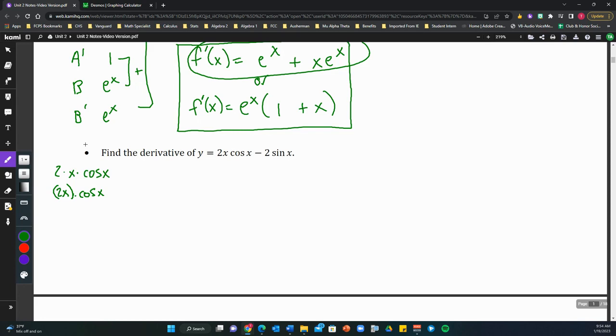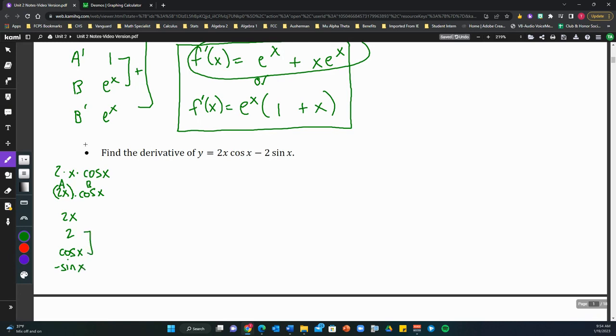So instead of x and cosine and then also multiplied by 2, we're just going to make it 2x times cosine. So 2x will be my a, cosine will be my b. So I'm going to try and do this without the four labels this time. So first function, 2x, has a derivative of 2. Second function, cosine, remember it starts with a c, so its derivative is negative, and we get negative sine of